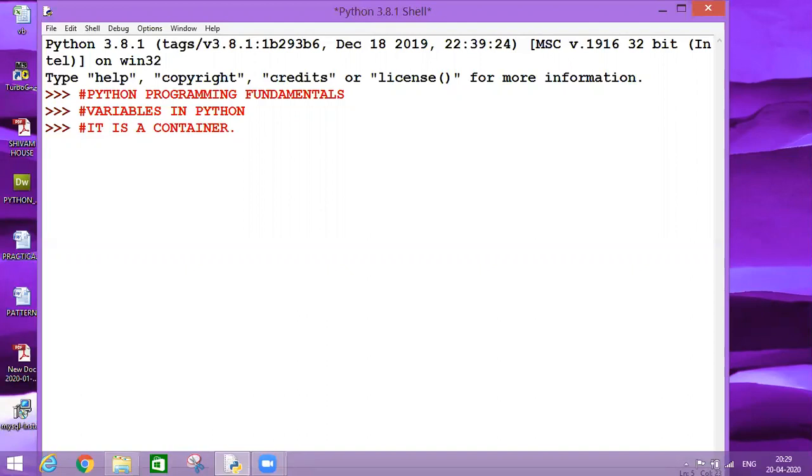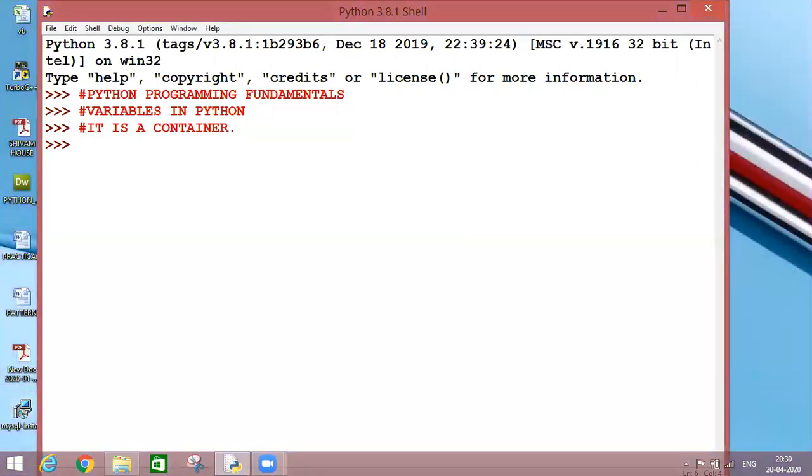And a variable works in the same manner. In Python, if I say that a variable is a container which is responsible to hold a value or multiple values together, then it won't be wrong. So let us take one example.